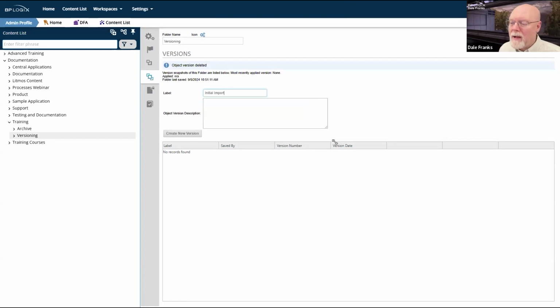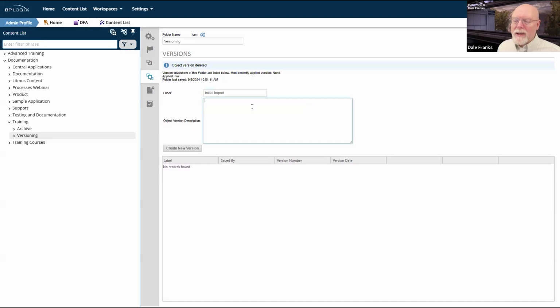And then I'm going to want to keep a little more extensive notes about this. Some of this stuff I don't need to keep because it's going to tell me the version date, but imported on 2024-09-05, I guess, according to my watch.